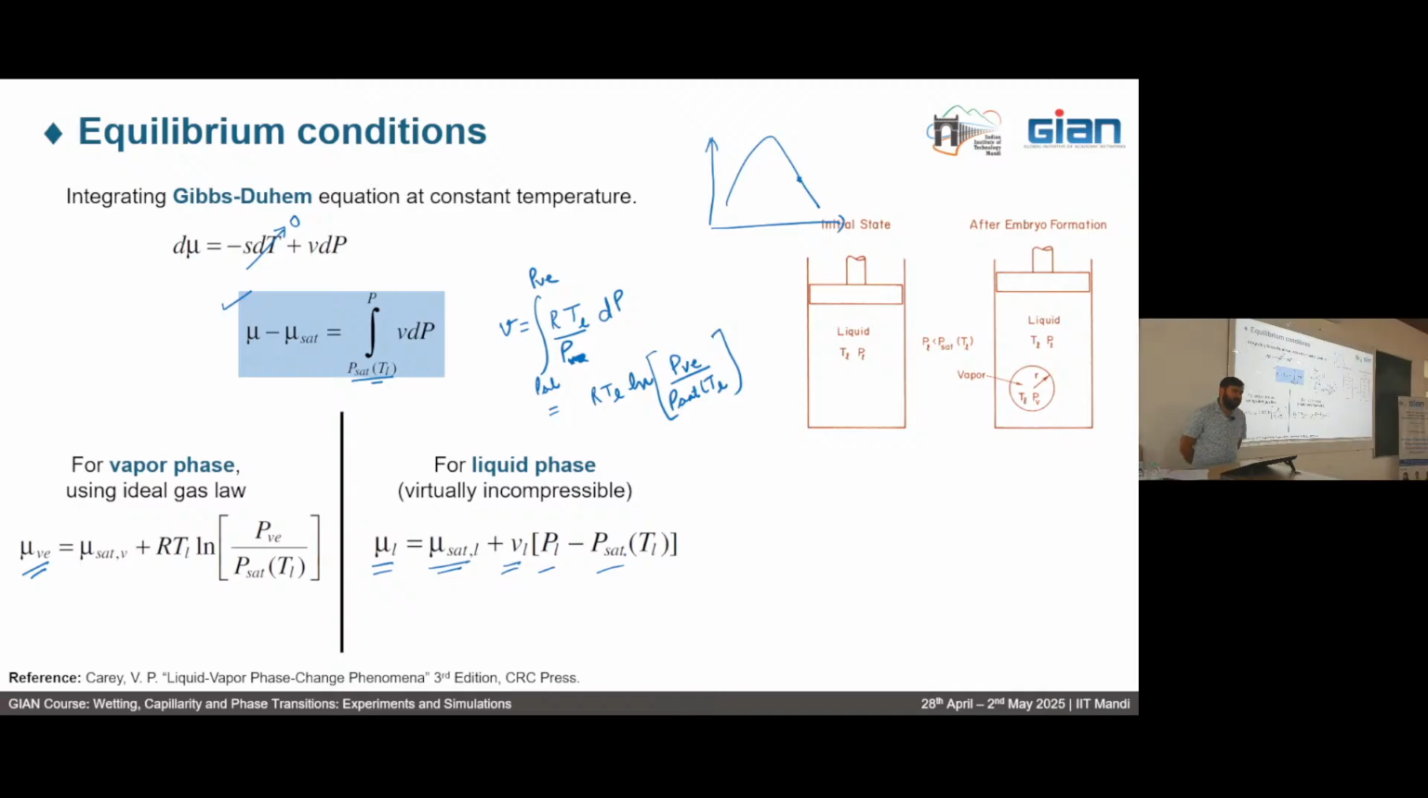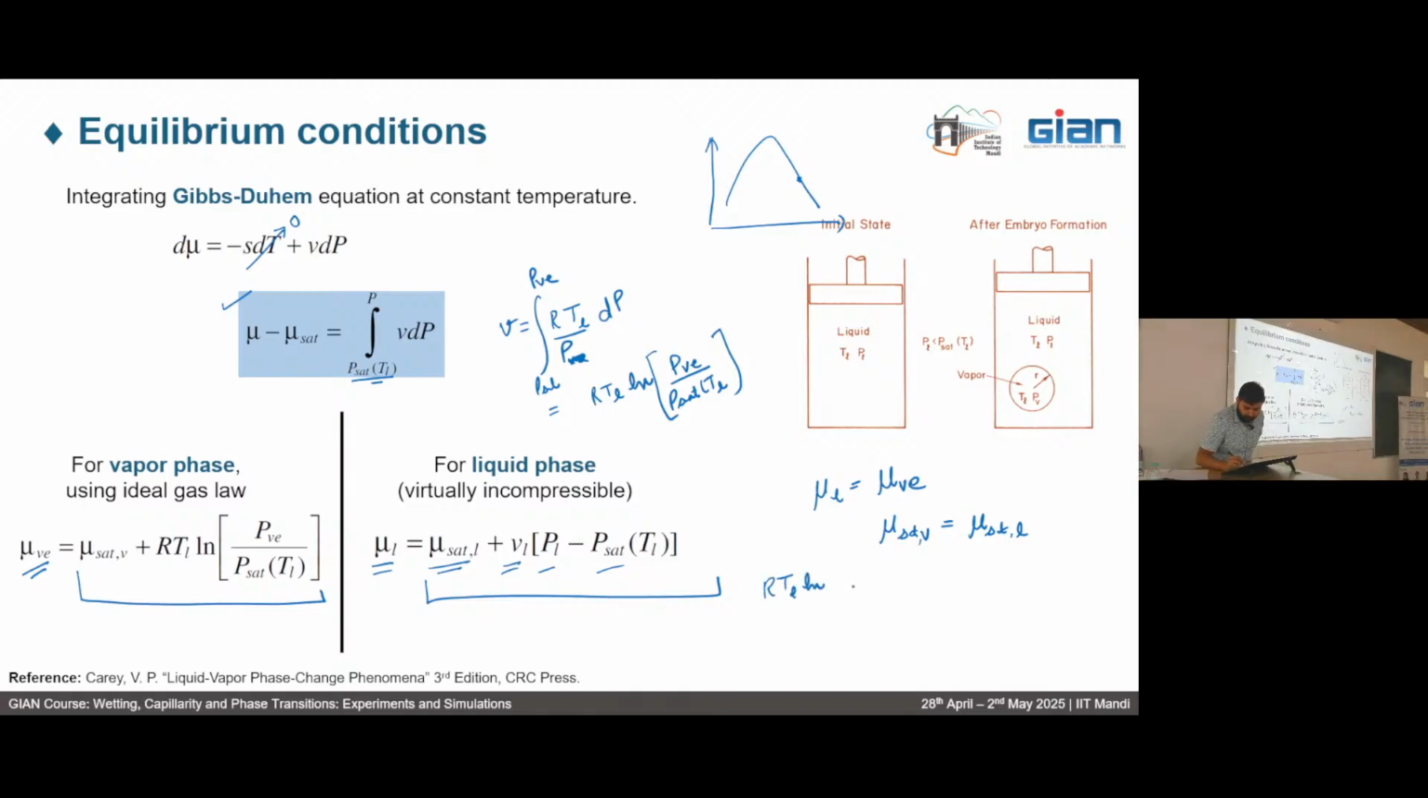Now, since these are in equilibrium, what we can say is mu L is equal to mu VE. That is the first condition. It means that we can equate the right hand sides of both these equations. And further, governed by the thermodynamics laws, we can also say that mu saturation at V must be equal to mu saturation at liquid, because the phase change here is in equilibrium. Ultimately, what we'll get is